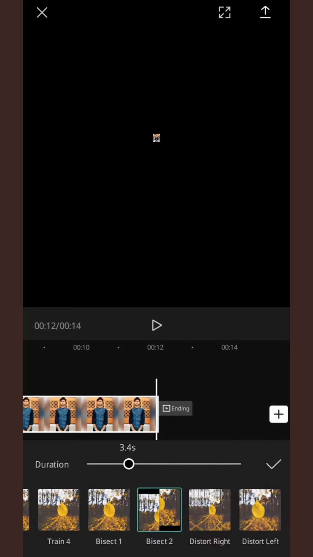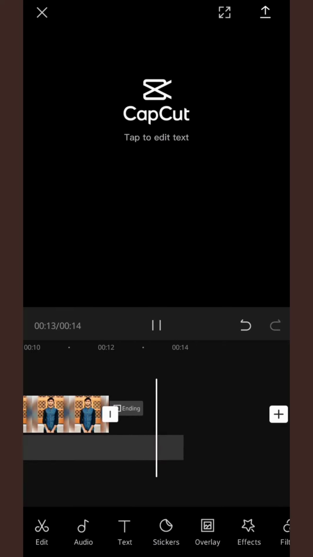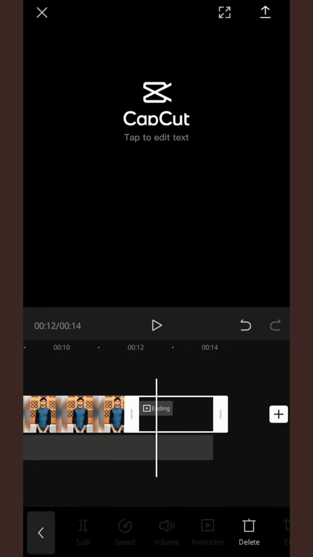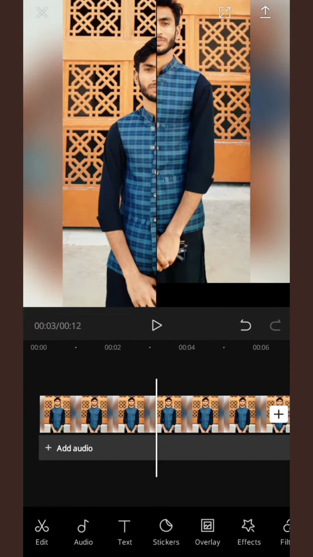Now in last you will find the short clip by the application of CapCut. So if you want to delete it, just tap on it and there is the option of delete and it will be deleted. Now if you want to add audio or any music, just tap on the add audio and